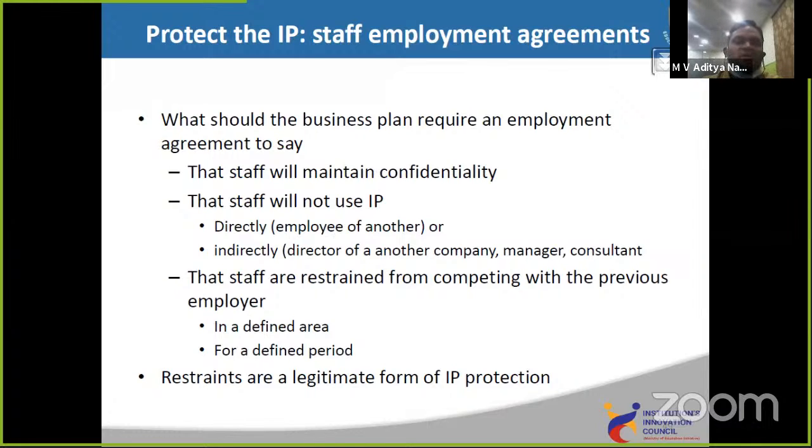Okay, and then you can talk about different types of executions or staff management. And next, the staff being restrained from competing with the previous employer. There is every chance that the staff which you have recruited from a competing company will be trying to